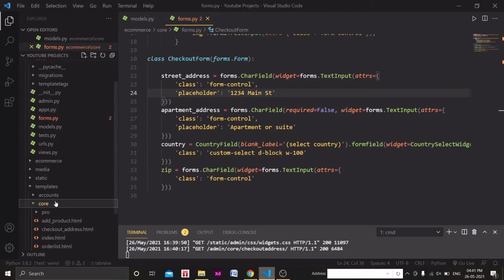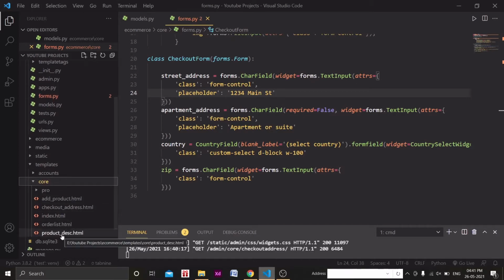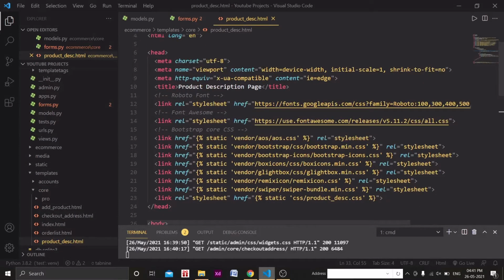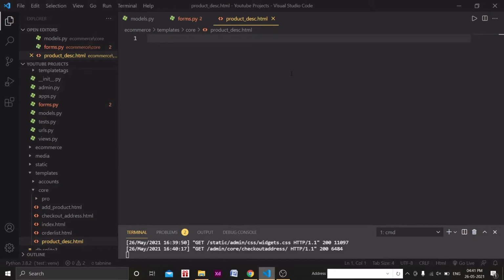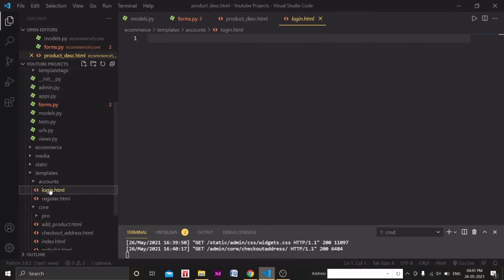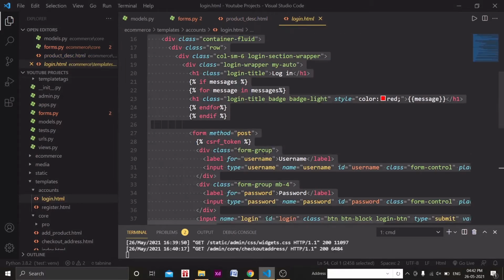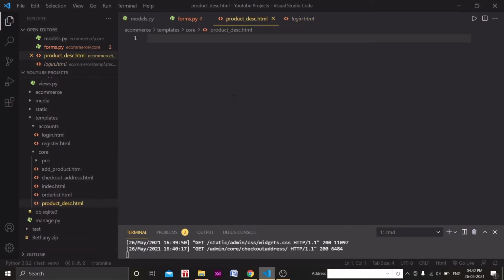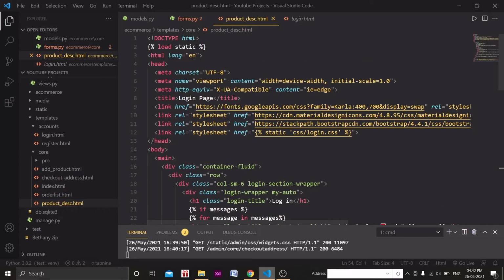In the core folder, I have created the product description HTML page. I am just deleting this, so you can very much get that thing. I am going to copy the login.html page, the same page that we created earlier for the form inputting method, where we were inputting login and registration pages.